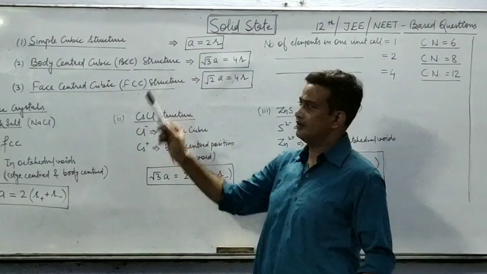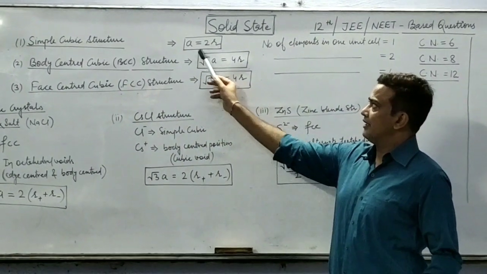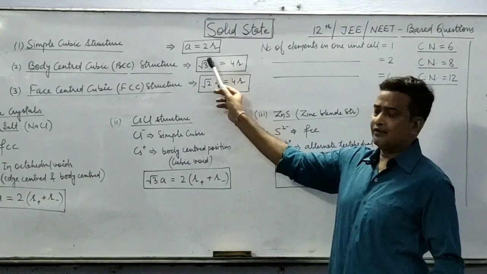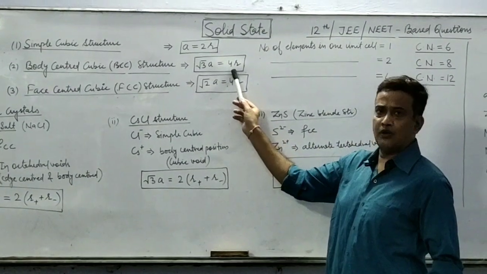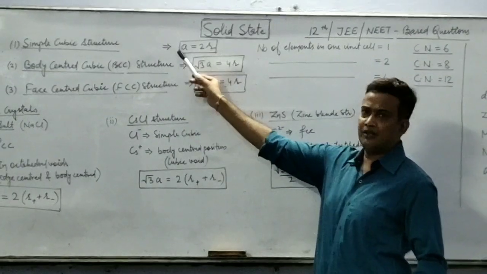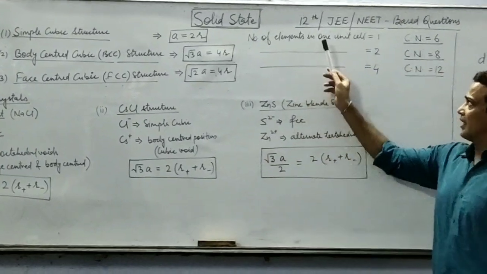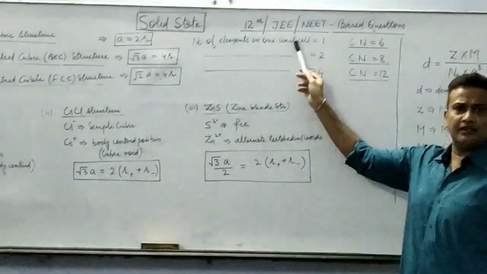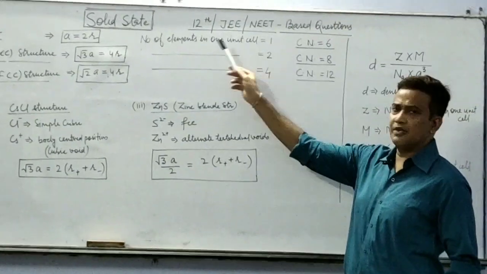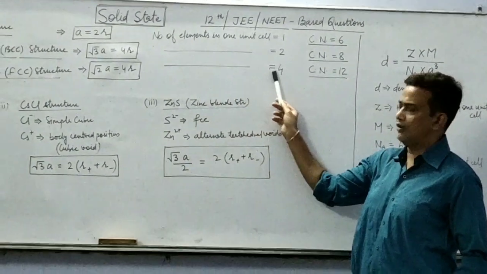or FCC structure. The relationship between a and r: a is equal to 2r, root 3 a is equal to 4r and root 2 a is equal to 4r respectively for these three types of structure. Further, the number of elements in one unit cell: 1 for simple cubic, 2 for body centered cubic and 4 for